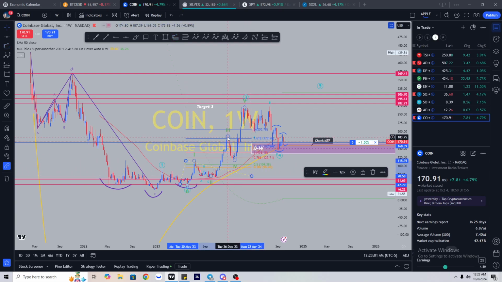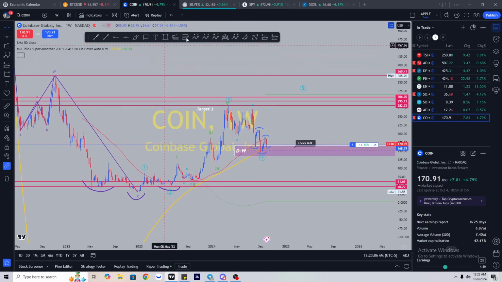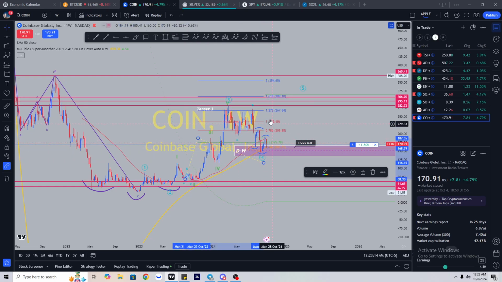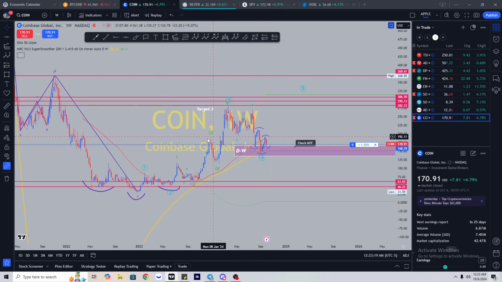Okay, wave 3 went to the 106% fib, exactly like I said. Now let's see subwave 5. Let's see where that went. Might go higher, might go lower, who knows. It went to the 120% fib. So it's not perfect, but again, wave 3 was 106% fib, so you can see that works. And by the way, only one wave can be the longest. So most of the time wave 3 is the longest, but